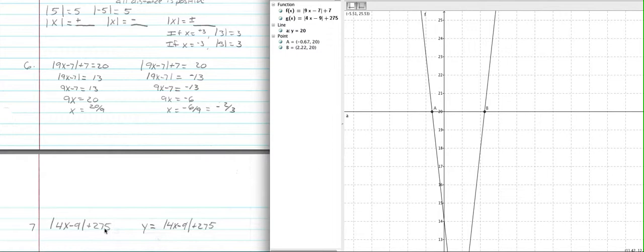So this is k. This is where your vertex is, and the a here will determine whether it's wide or so forth, and this would determine a shift. We won't get into all that, but if I were to graph this,